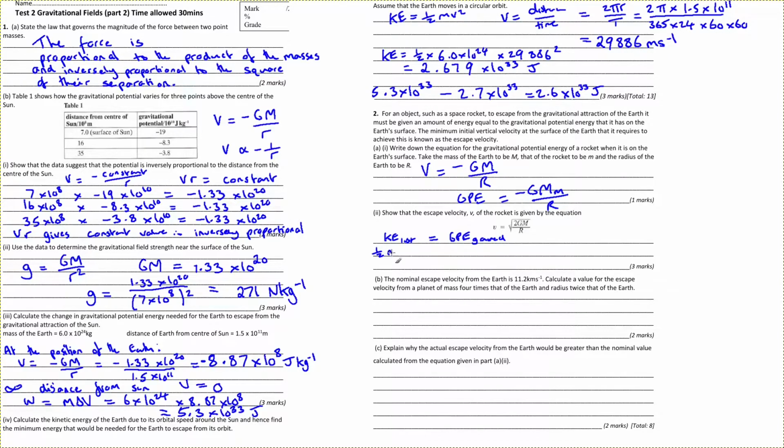Kinetic energy we know is a half mv squared. m is the mass of the rocket. We've just said here the gravitational potential energy it's going to need to gain to get from that value to 0 will be GMm over r. So what we can do is cancel the mass of the rocket, multiply both sides by 2, and then square root. So v then is going to obviously equal